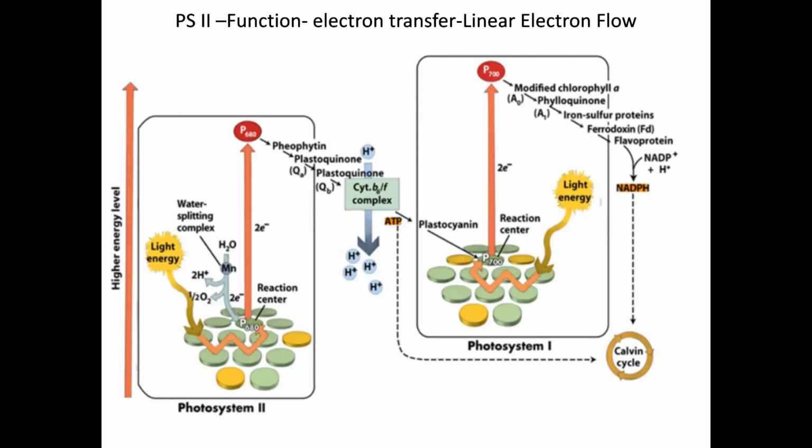This transfer happens in picoseconds, that is 10 to the power of minus 11 seconds, since both are in close proximity. The formation of the P680 positive pheo minus pair of radicals is called charge separation. This P680 positive is unstable and is a very strong oxidizing agent, such that it has the energy to remove electrons from water, or in other words, oxidizes water, and that is how the electron hole formed in P680 gets filled and the RC becomes ready to be hit by another photon. This too happens in picoseconds time.